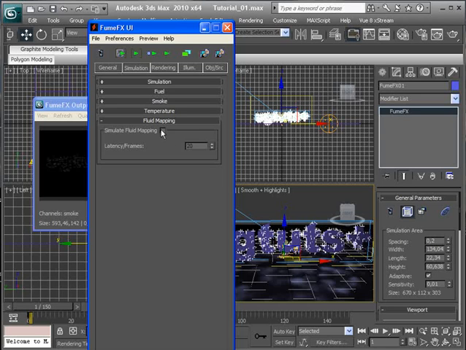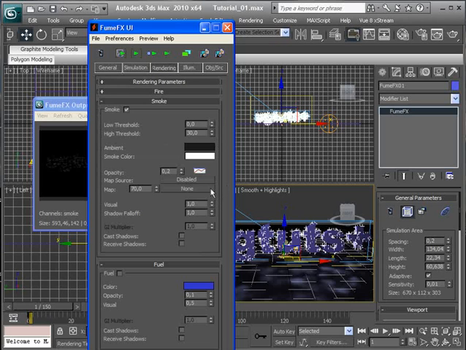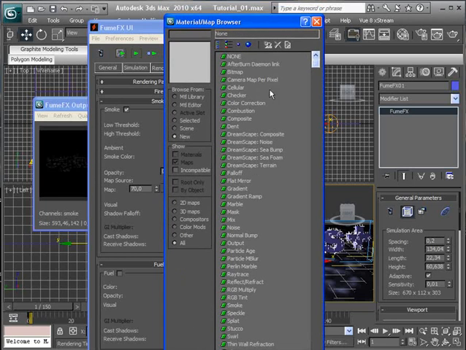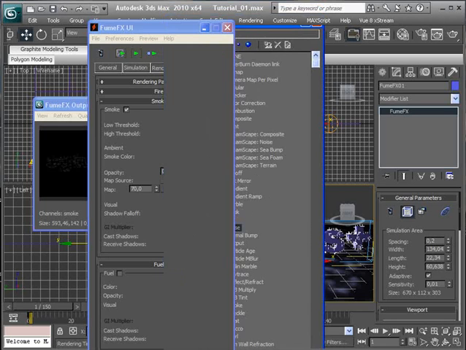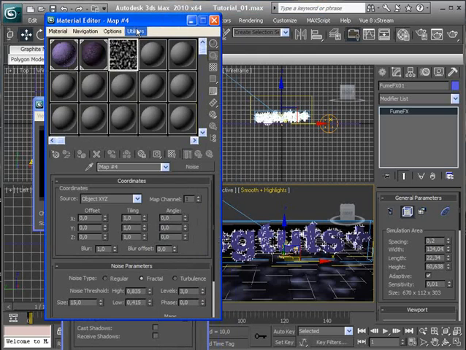Have to click Simulate Fluid Mapping, and after this we'll go to the Rendering tab, and under Map Source we'll click to Fluid Mapping, and here on the map setting we'll choose a noise. Okay. Then we open up the material editor,